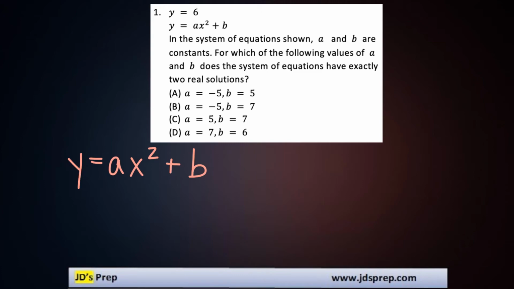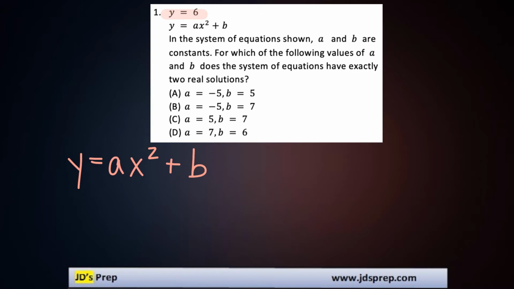For this problem, we're given four different potential values of A and B for this system of equations. We need to find out which one of those A and B values give two real solutions for this system of equations. Well, conveniently, the first equation is just y equals 6. Nice and simple. So when we work this out, we can essentially, in the second equation, instead of y, we